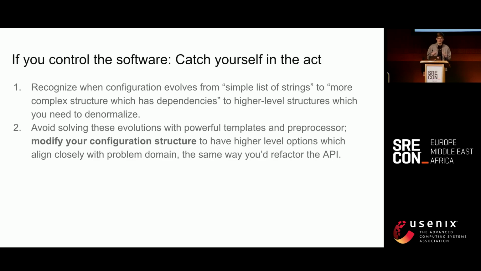Not a generic server that handles TCP connections, but a mail server. Not a template generator to generate YAML, but something that is capable of understanding the structure, like the structured values that you're producing. The configuration structure is ultimately your API. And if every user needs to interact with the API through a layered cake of DSL, it means there is a bunch of abstractions that your API is missing.